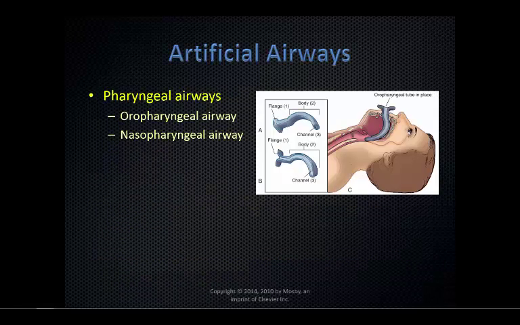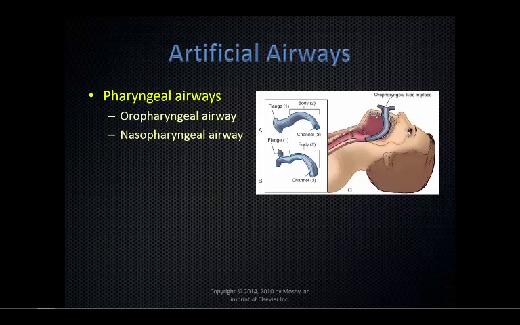Okay, so moving on, we're going to talk a little bit about artificial airways. There's two common pharyngeal airways, the oropharyngeal airway and the nasopharyngeal airway. These are used in cases where you have obstructions of the upper airway by the tongue. The oropharyngeal airway is really reserved for the patient who is unconscious, and the nasopharyngeal airway can be placed in